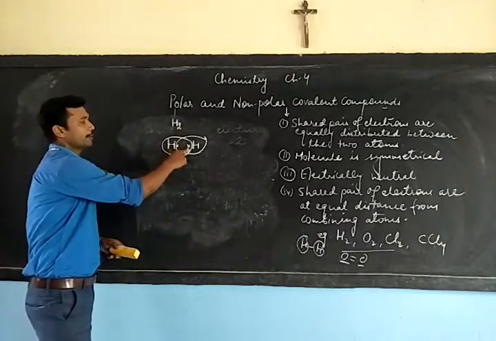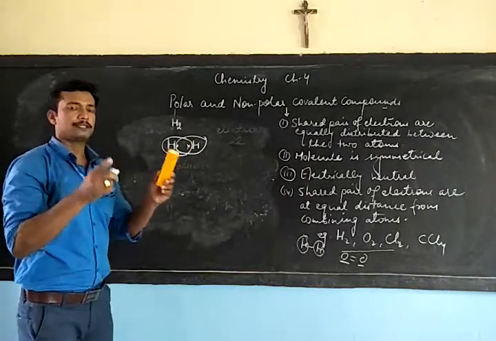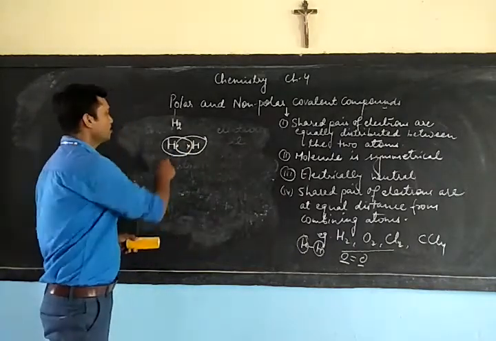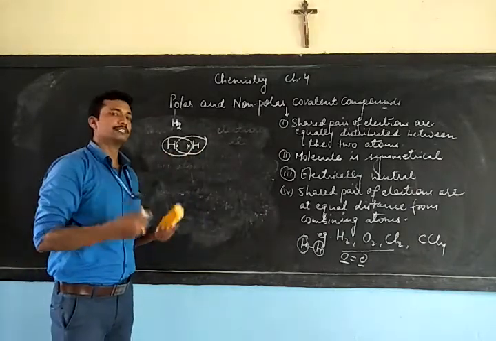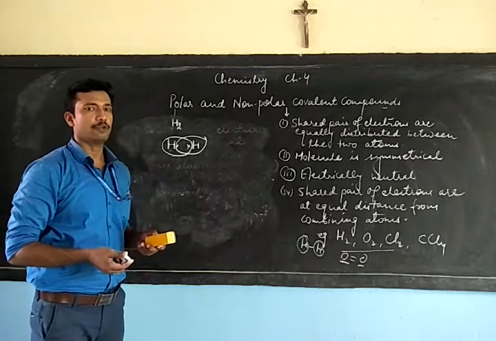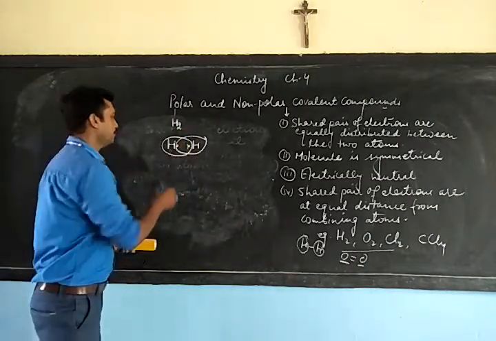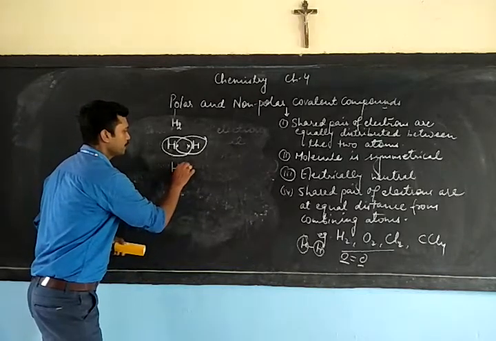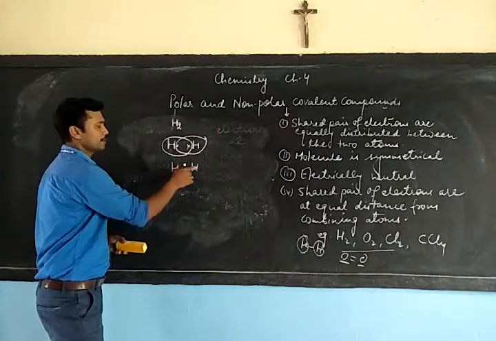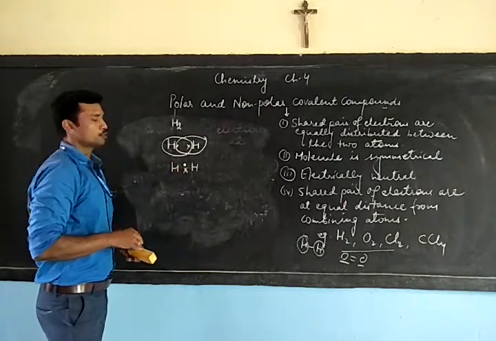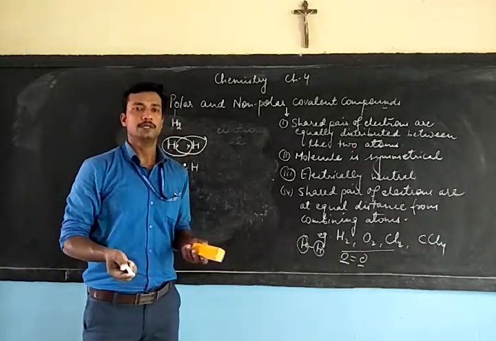Now it is this shared pair of electrons that I am talking about that will lie at the same distance. Since both the atoms are of same nature, both will have the same tendency to gain the shared pair of electrons, as a result it will lie in between only, and we can show the shared pair of electrons exactly at the same distance between the two atoms. So no hydrogen atom will have any charge developed on it. It remains neutral.